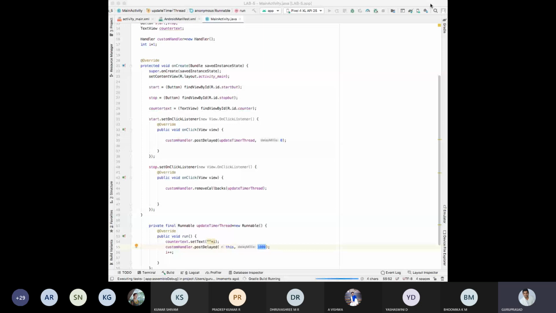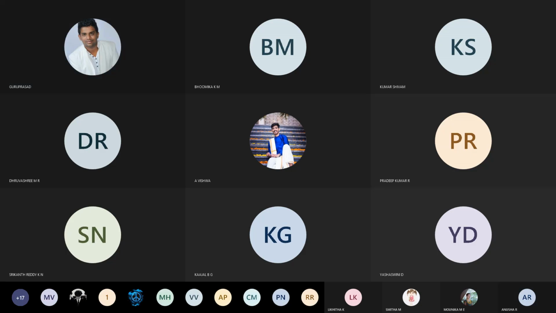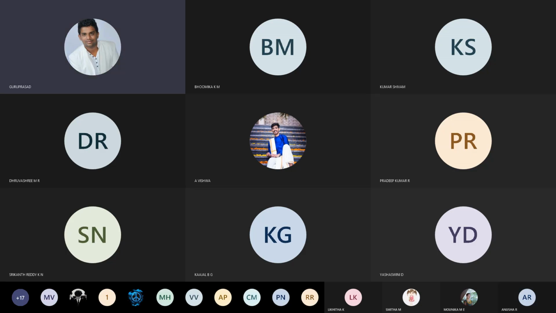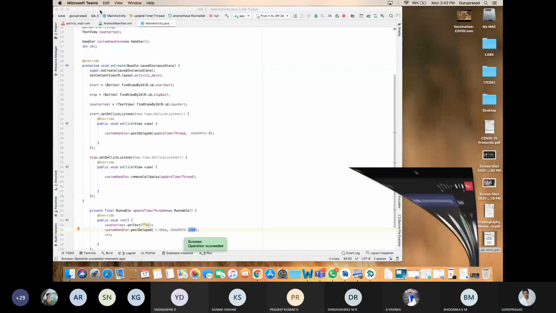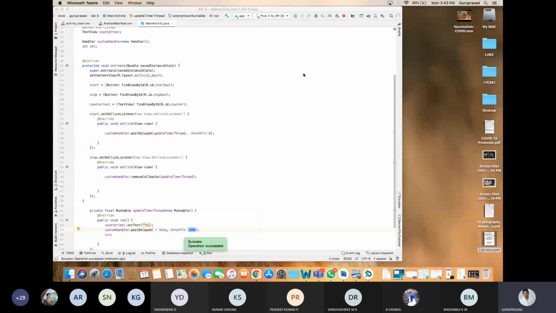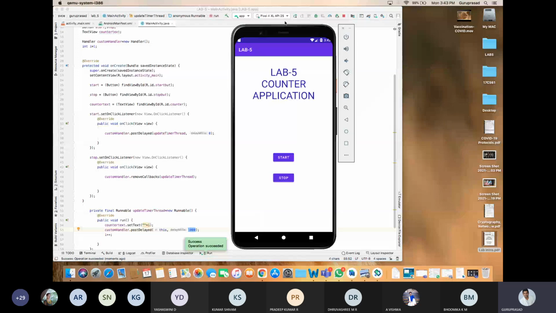In the meantime, I'll share the entire screen so that my emulator is also visible to you along with the program. Now, lab 5 counter application.